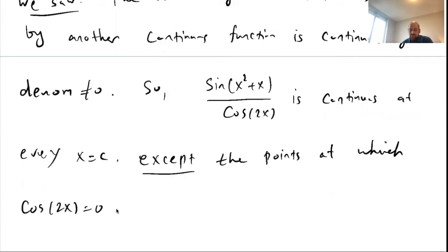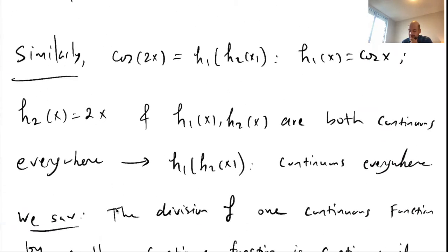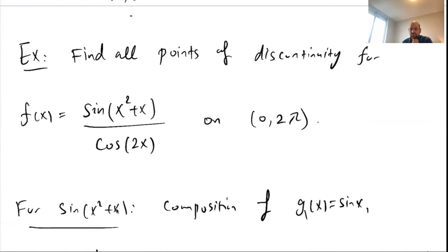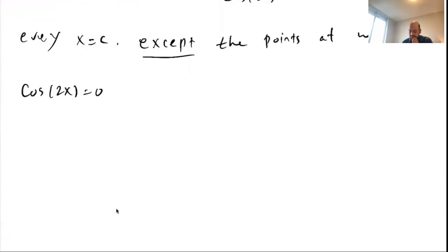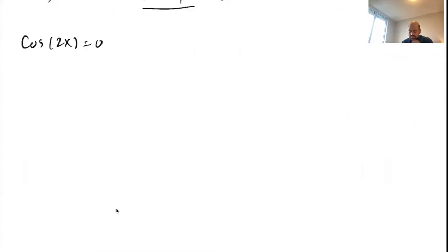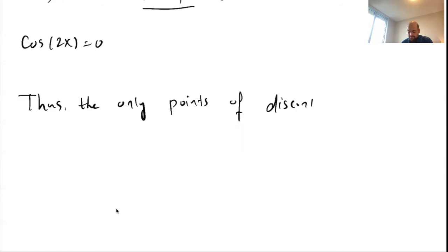And cos 2x equals 0, of course, has infinitely many solutions on the set of real numbers. But we are only interested in the interval 0 to 2 pi. So on the interval 0 to 2 pi, the only points of discontinuity for f of x on 0 to 2 pi are